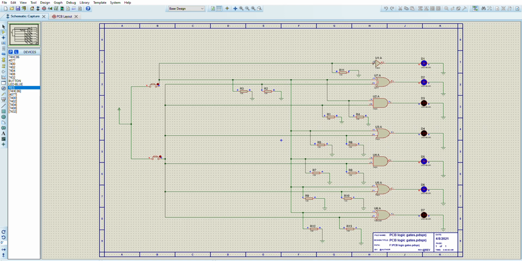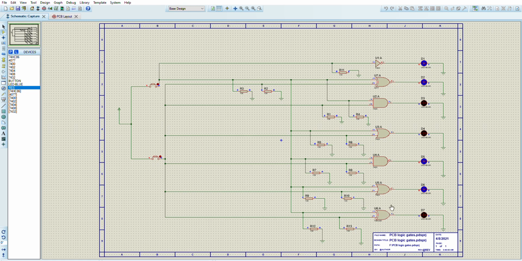This is the NOT gate that is connected to this input, and as the input is off, the NOT gate would be converting it into high logic and it would produce in the open state. This is the XNOR gate. In the XNOR gate, one input is open and the second input is also open, so if both are equal to each other, it will produce a high logic.